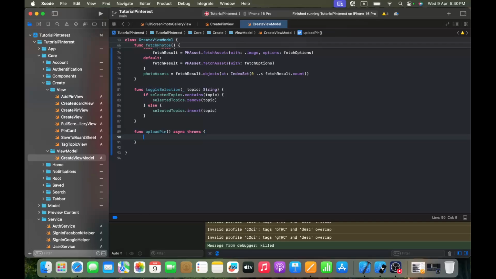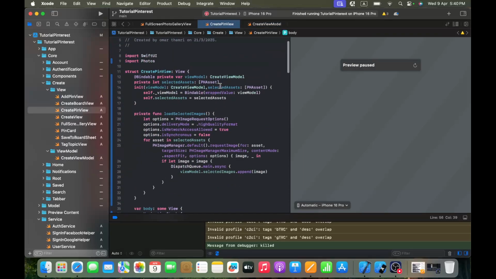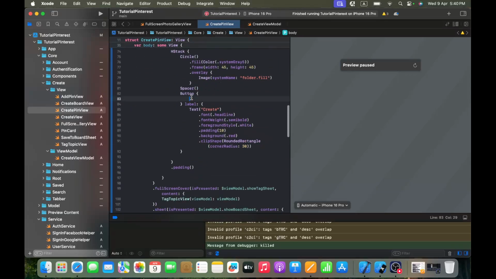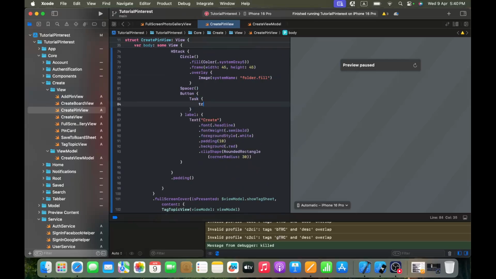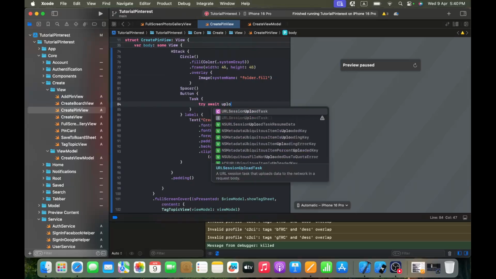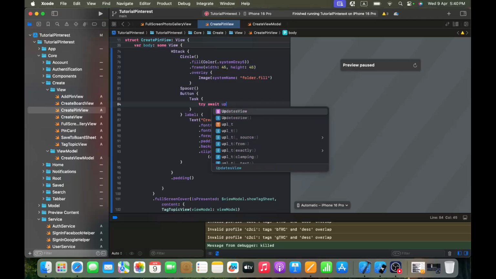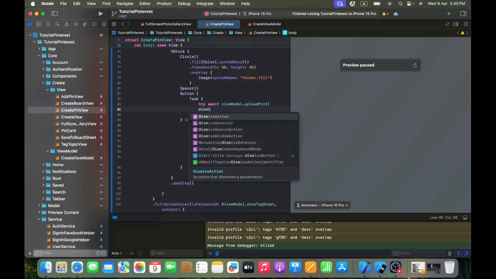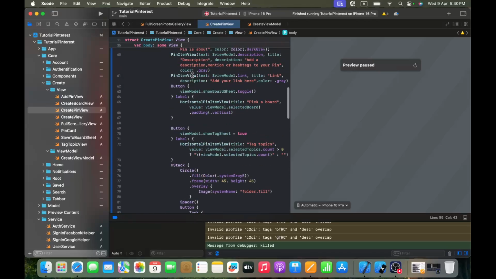Okay, so this is the first thing. The second thing is go to my create pin view, and now when I click on create, here I want to call it, so task, here try await, I will call view model dot upload pin, and I want to be able also to dismiss the view, so dismiss,